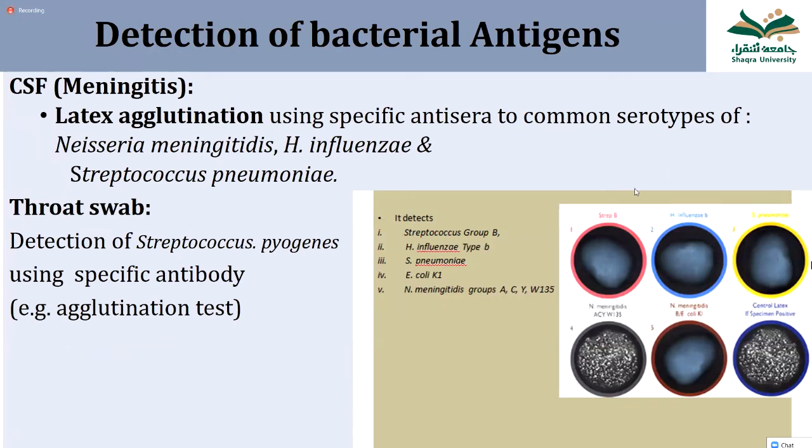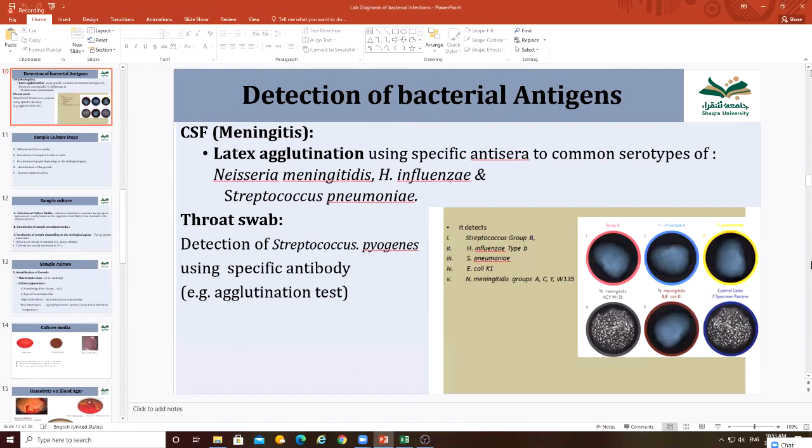See, this is not bacteria. This is patient sample. Suppose I have taken the blood of a person or urine of a person. How can you say that this patient is suffering from urine infection? This antigen detection is most commonly done in the CSF. You have collected the brain fluid or CSF from a patient. You want to know whether this person is suffering from bacterial infection or not. What will you do?